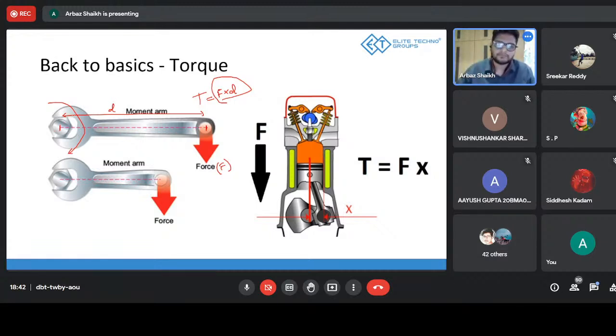So now we're clear on two things. Number one, torque is a product of force and distance. It has two things. Second, torque is a moment about a center point, about a point of rotation. To give you a good example,